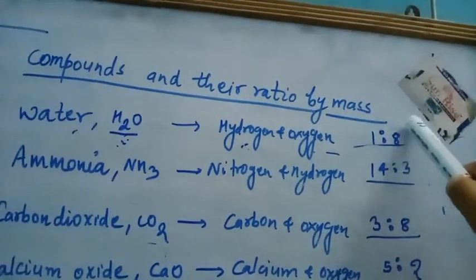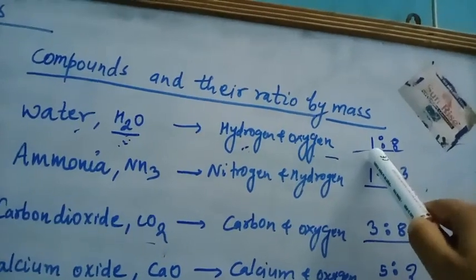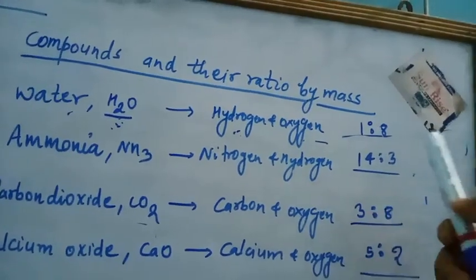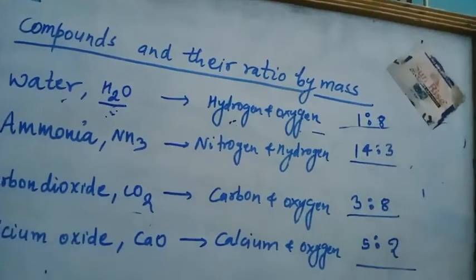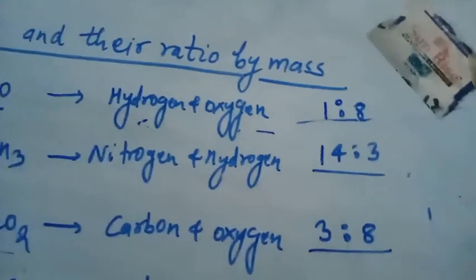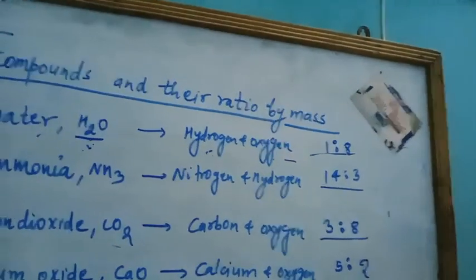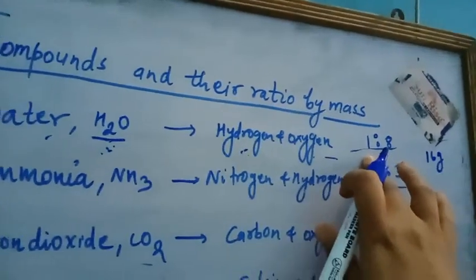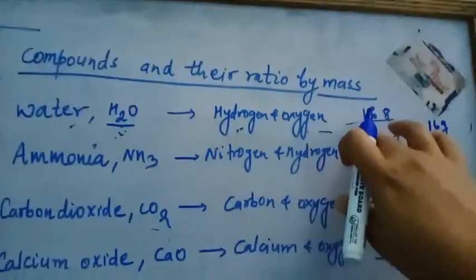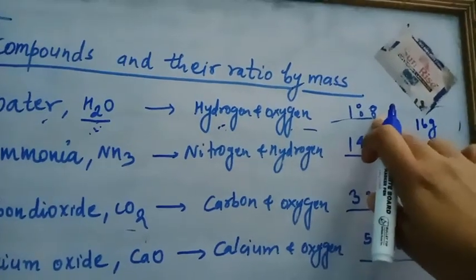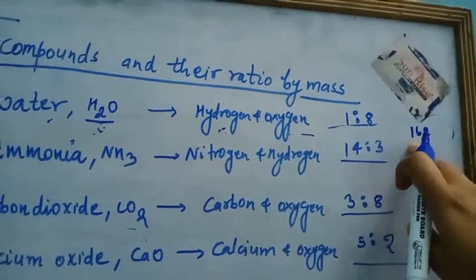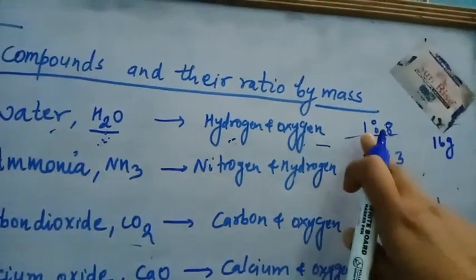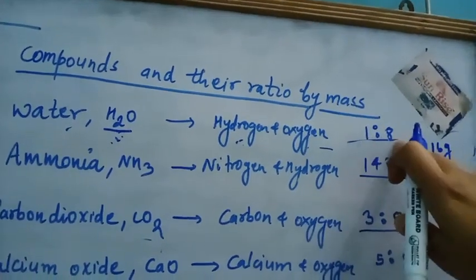If you have more oxygen but you have only 1 gram of hydrogen, then 1 gram of hydrogen will react with only 8 grams of oxygen, even if you have more than 8 grams. Let's say you have 16 grams of oxygen but only 1 gram of hydrogen. So 1 gram of hydrogen will utilize only 8 grams of oxygen out of 16 grams to form 1 mole of water, because the ratio is fixed.